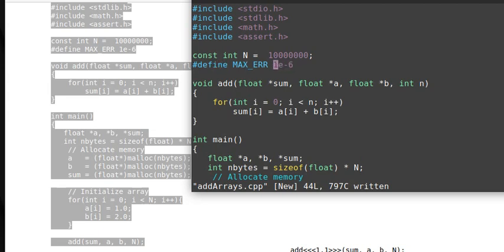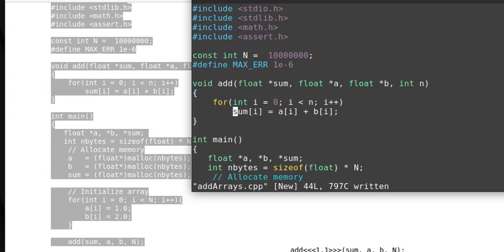We use this function add to add two arrays a, b, with n values. We just use the for loop to do that, and the result is